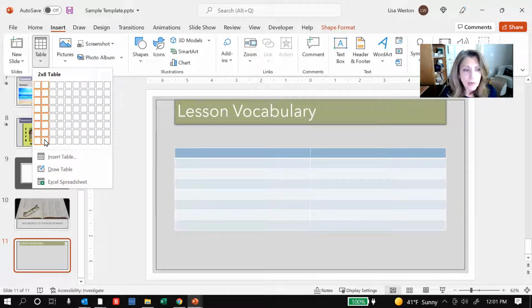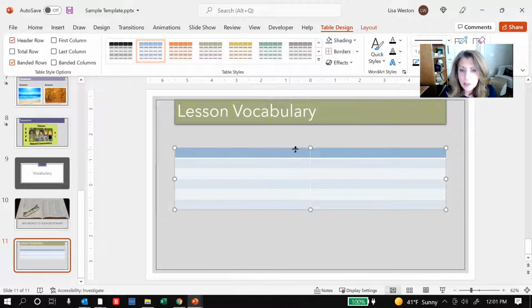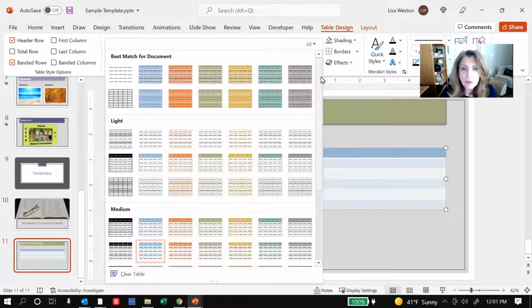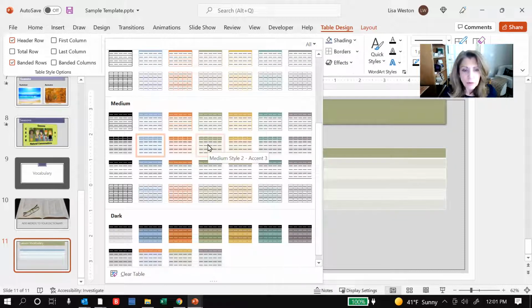So I now have the number of columns and rows that I would like, maybe 2 by 6. And you can see at the top of the grid, it tells me 2 by 6. I click, and now I have the table on the slide. You'll notice that 2 contextual tabs are available: Table Design and Layout, and Styles, right? So Styles can just get me very quickly to a totally different appearance for my table. And if I scroll down, you can see there are many. Maybe I'll just go with a green,